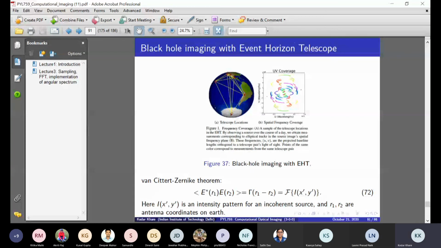But you understand that there is really no fully incoherent source. Light can be incoherent at the source, but once it propagates, it always develops some coherence. This is a very interesting result which has been known for decades now, but we tend to think that incoherent means everything is incoherent. So that is a problem. And anyway, I will discuss this a little bit in the next class. Right now we are going out of time.